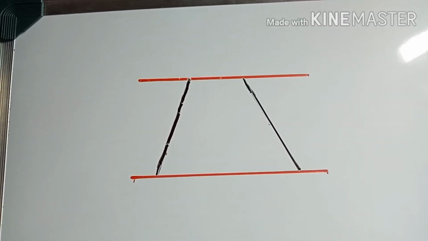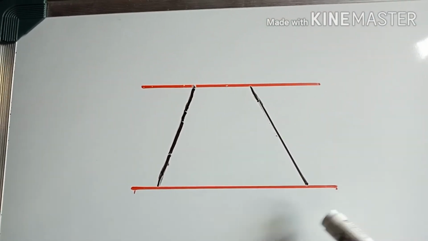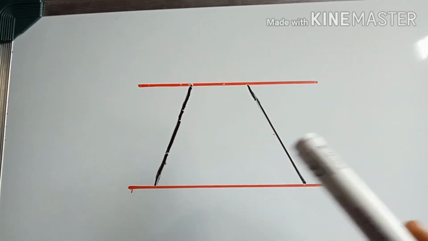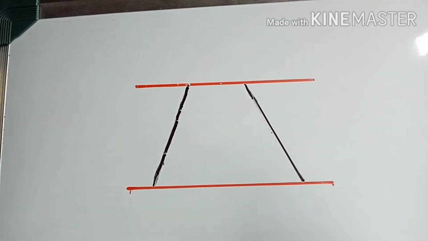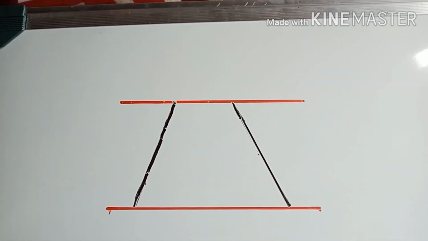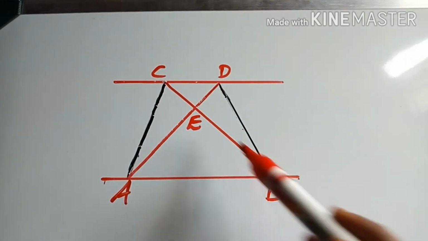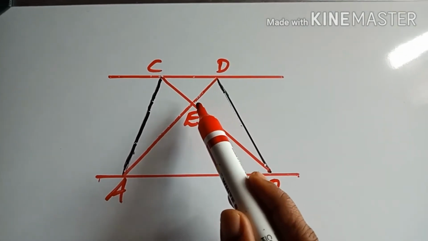In order to draw the rough figure, first draw like this. One parallel line first. This is the first parallel line. Now leave some space and draw the next parallel line, and draw two lines like this. After that, join these 2 points, then these 2 points. Next join like this. Okay, A, D, C, then we will get one common point as E.